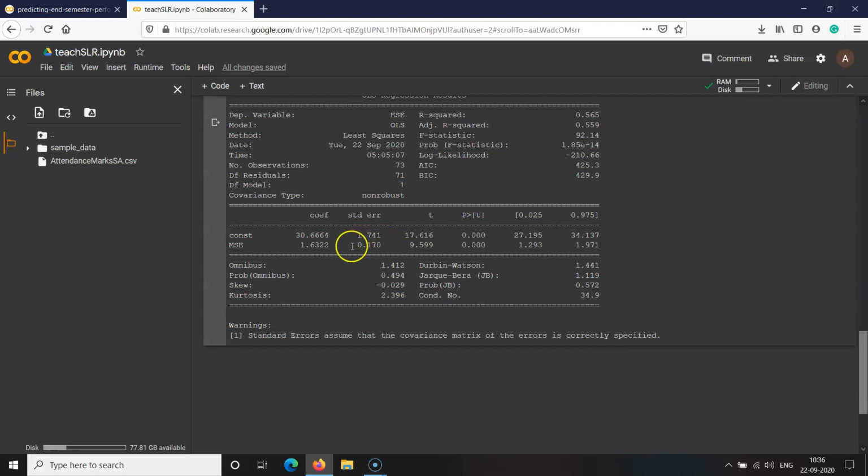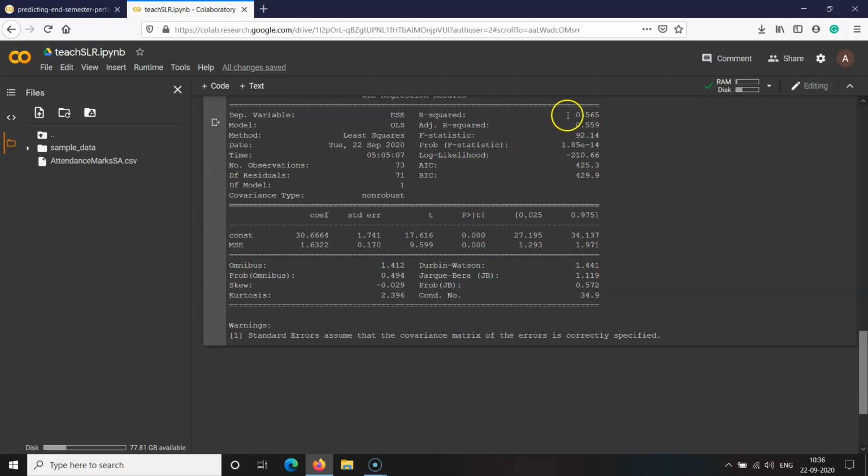And similarly, the mid-semester examination t statistic is also very much greater than the standard error, that is 9.59. So that's why both beta 0 and beta 1 have sufficient quality for producing acceptable results. Then the p-value is also less than 0.05. That's why these values are there.